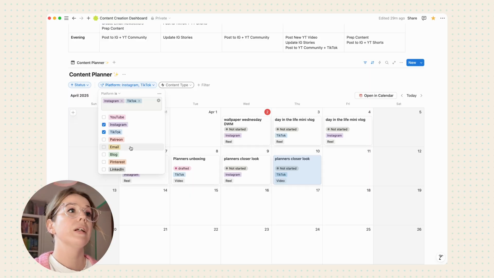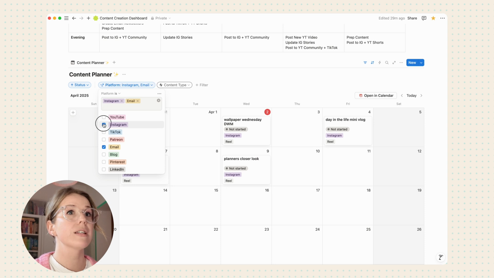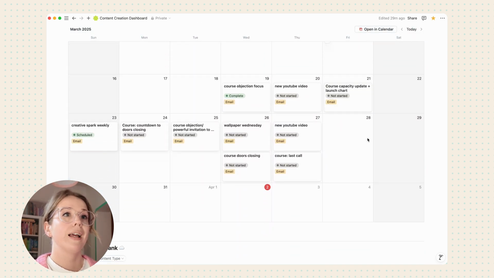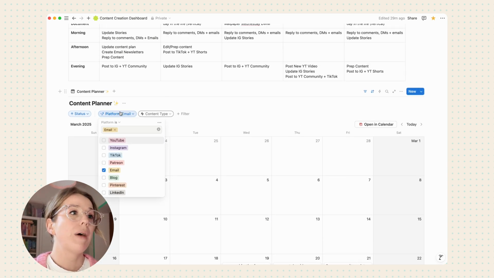The other platforms that I've added into my content creation planner here that I plan and create content for using this workflow are Patreon. Obviously, I do a deep dive in how I plan that in last week's video. So if you are someone who creates on Patreon or you're curious about starting a Patreon, I will link that video and you can go and do a little Patreon planning deep dive as well. I also use this template to plan my email newsletters, and this is really helpful for me when I am doing like a launch specifically, but also to remind me of email newsletters that I send out every week. Then I also have my blog,